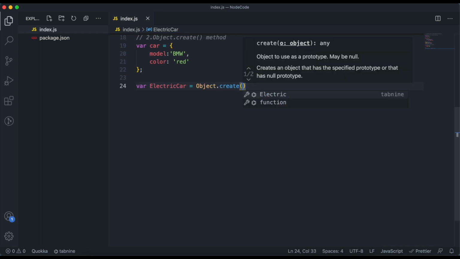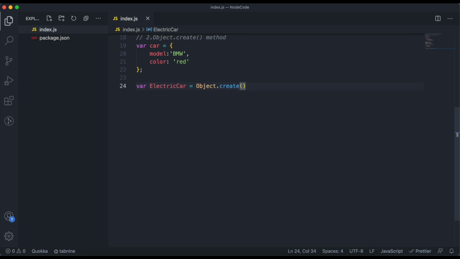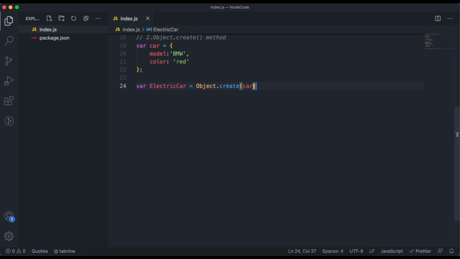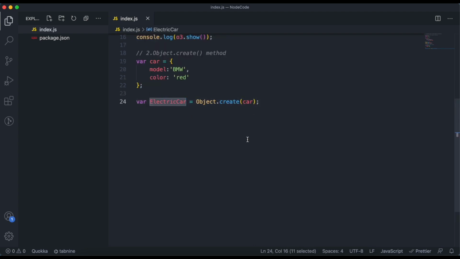Now we can use the Object.create method to create a new object. And now inside this create method, we are passing a prototype. Here we can use this car object as a prototype to create another object. Here the electric car object will have all the properties of this car object.